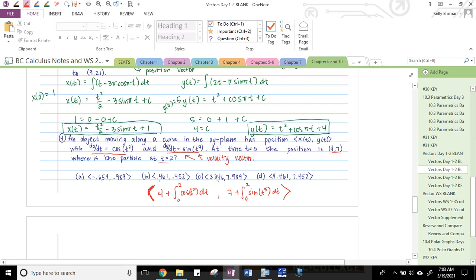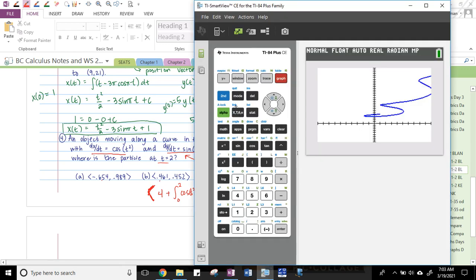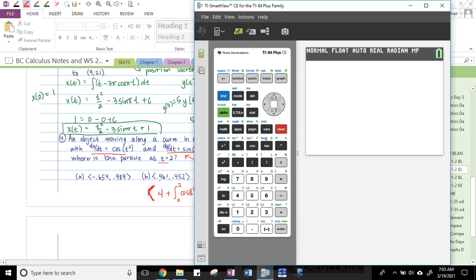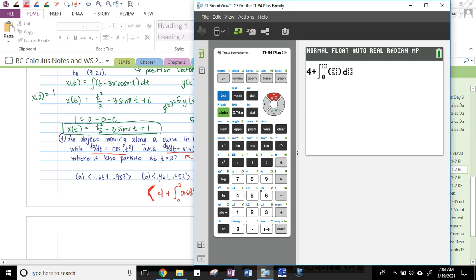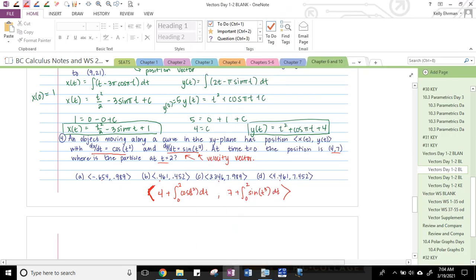And I see that all of the x values are different, so this will be kind of nice because I can just do x. I don't see any of these as an option, so I can just do the x. See which one it matches up to. Hopefully it's one of them. So this is cosine of t squared. Oh, close those parentheses. dt. 4.461. Yeah. Look at option B,